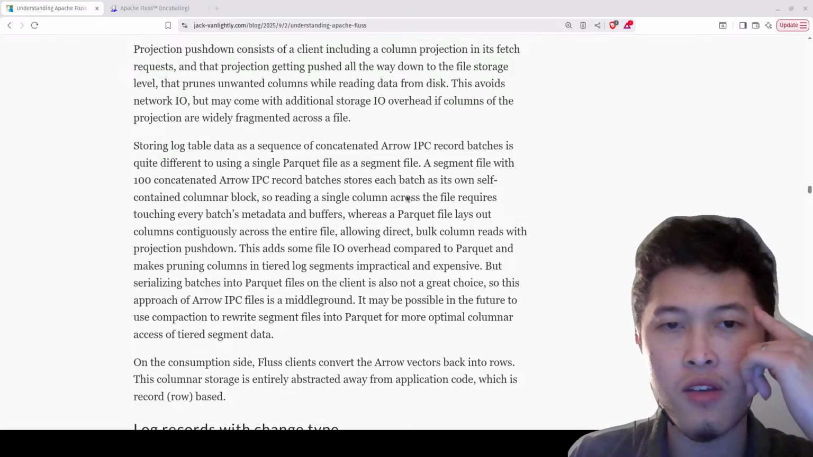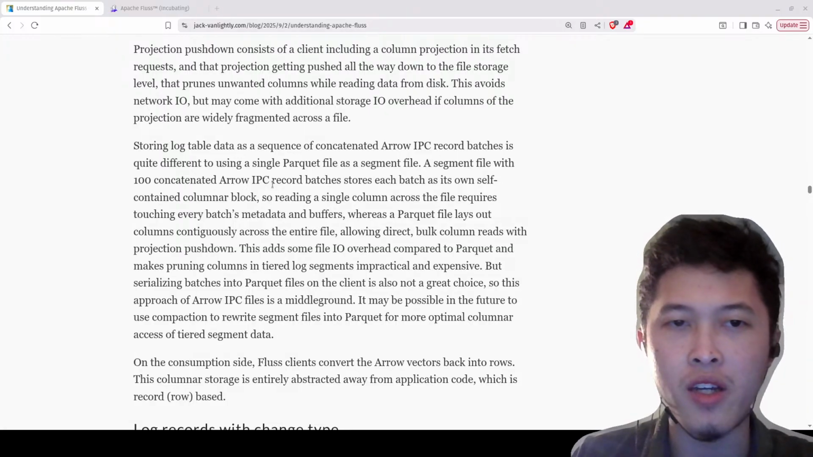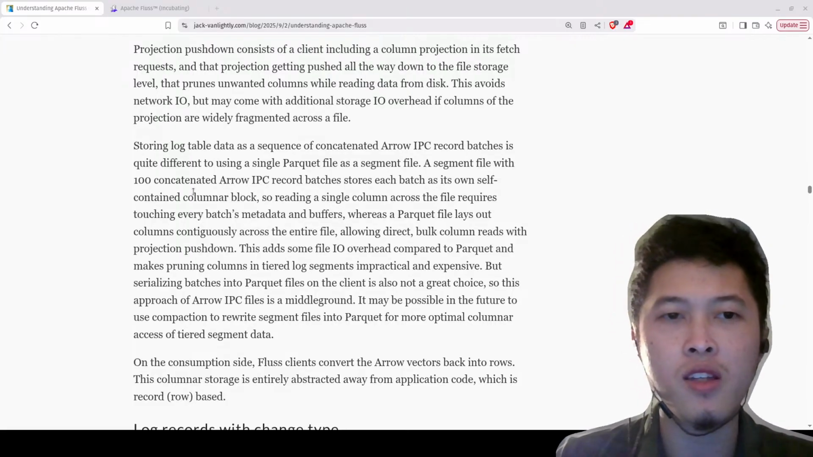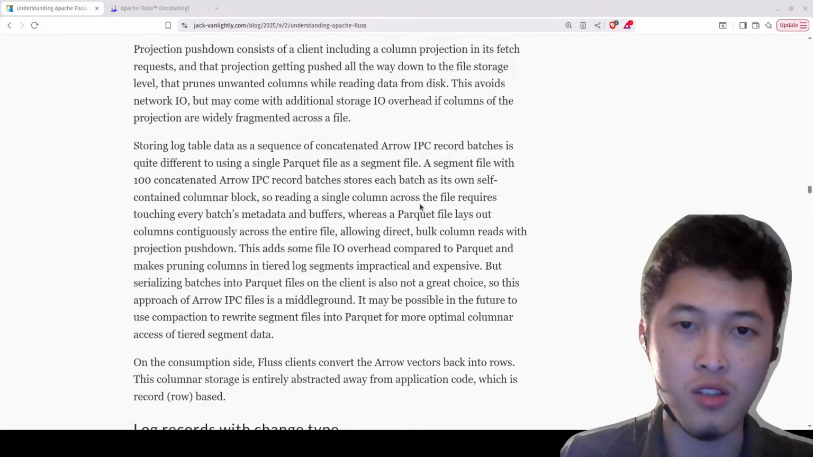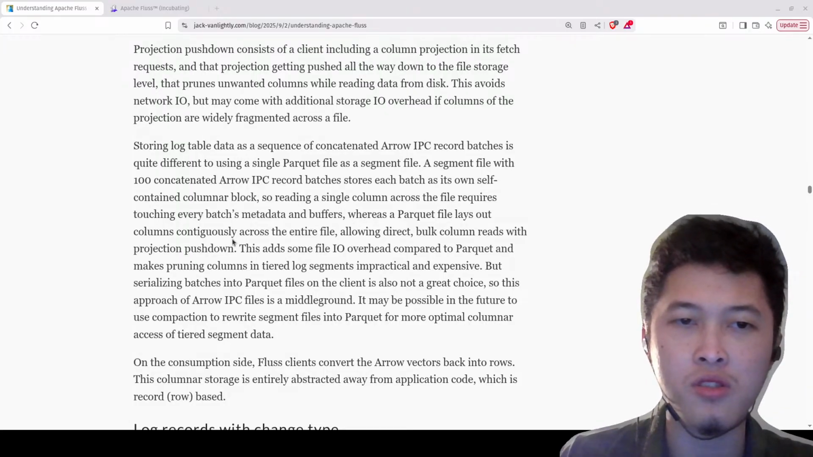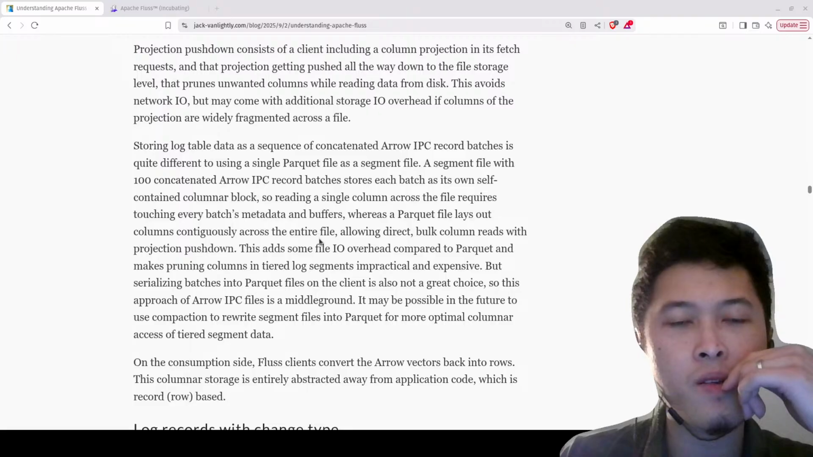Yeah, this one I had a question before. I still have a question. I haven't really taken a look at it. A segment file with 100 concatenated Arrow IPC record batches stores its parts as its own self-contained columnar block. Reading a single column across the file requires touching every batch's metadata and buffers, whereas a Parquet file lays out a column contiguously across the entire file, allowing fast bulk column reads. Yeah, this is what I had before. The question